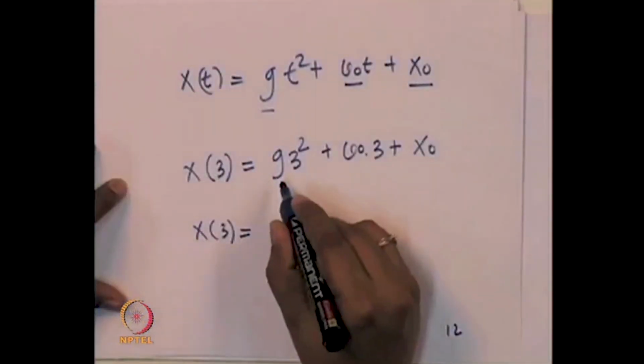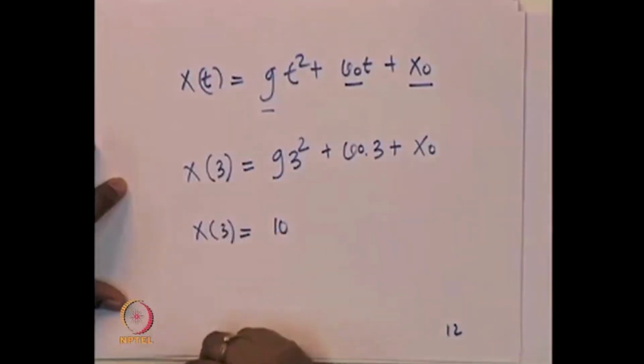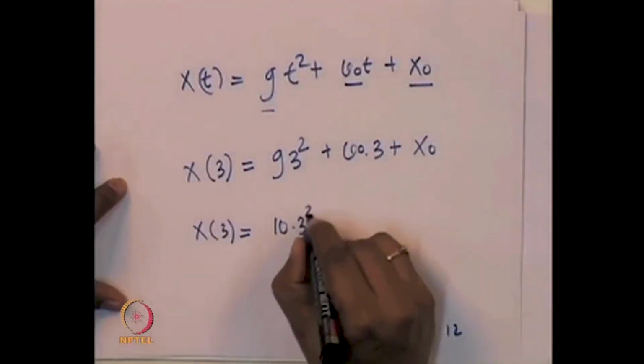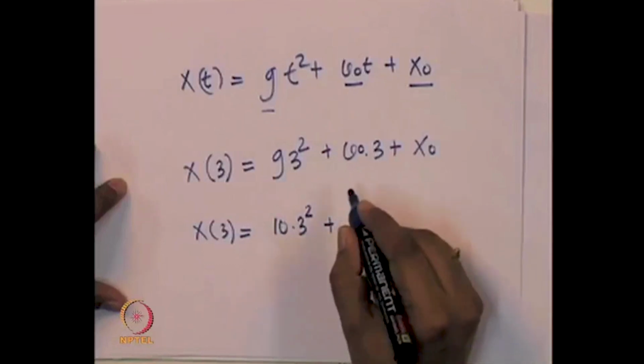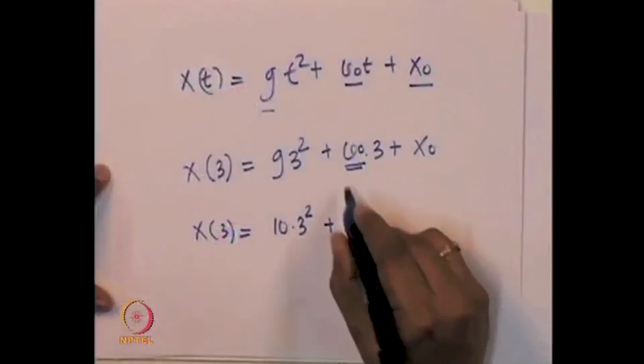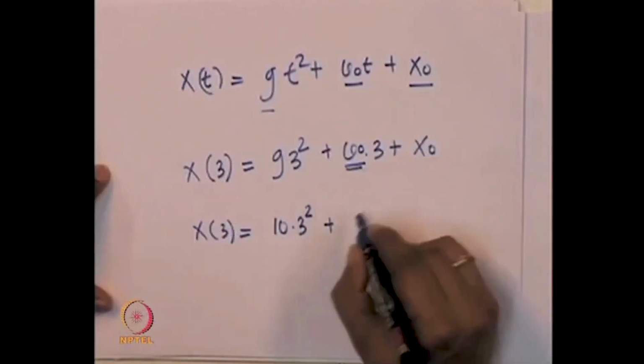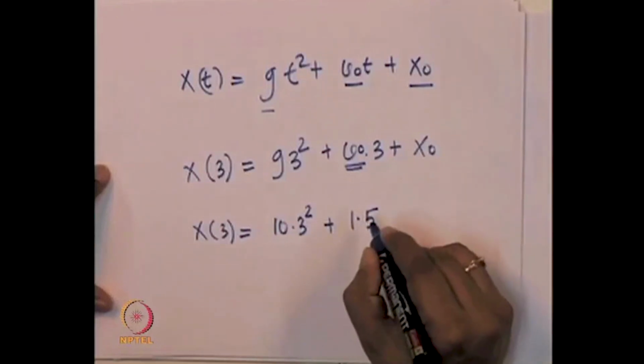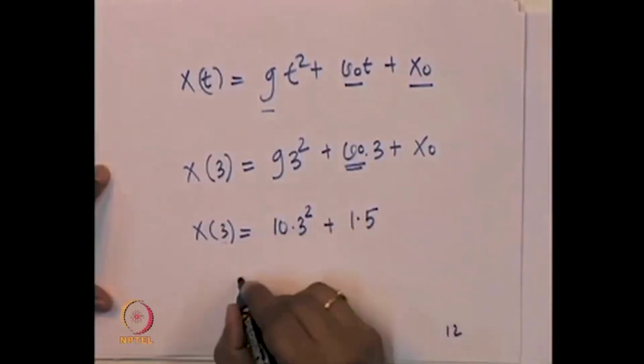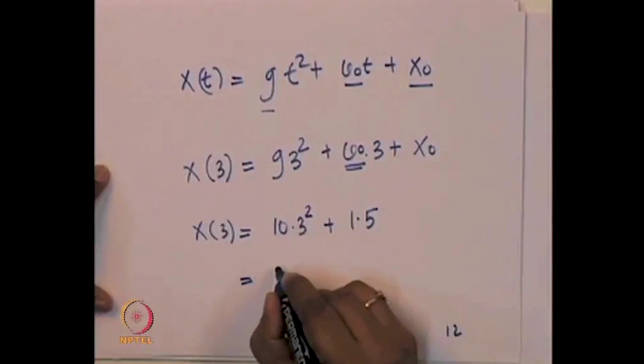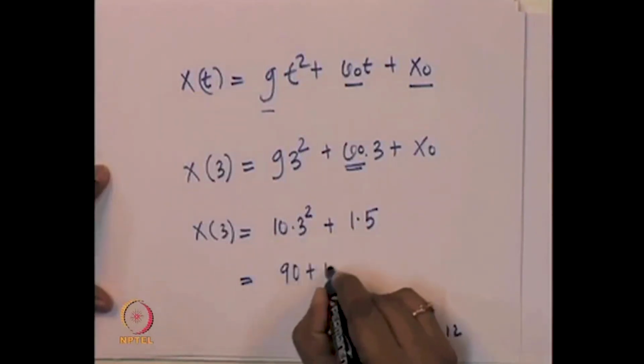I can get x after 3 seconds is g, which we know is close to 10 meter per second square, into 3 square, plus v 0, and I am dropping it at 0 velocity. At the beginning there is no velocity at all. So, v 0 is 0. So, this is 0 into 3 is 0, plus x 0, the initial position, is 1.5 meters. So, 10 into 3 square is 9, so it's 90 plus 1.5,